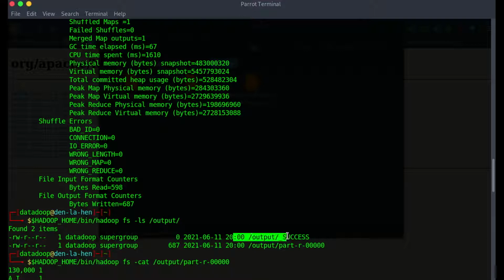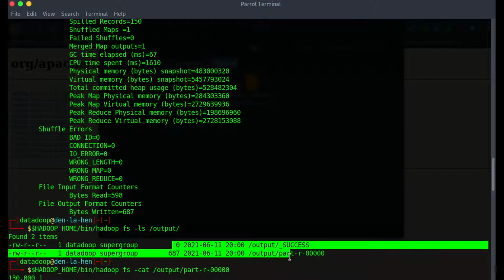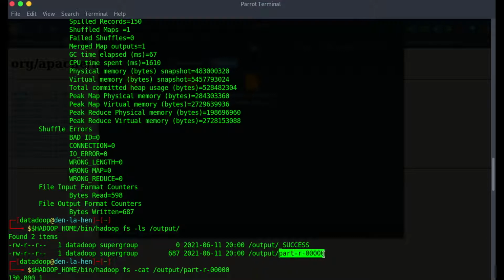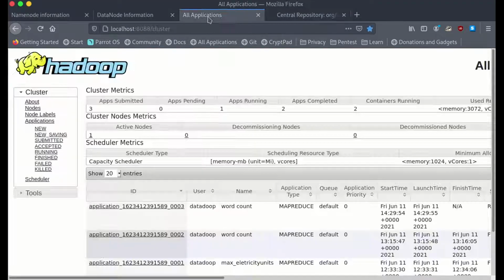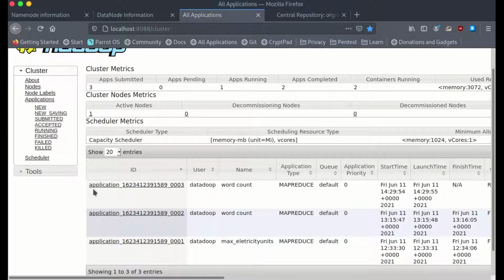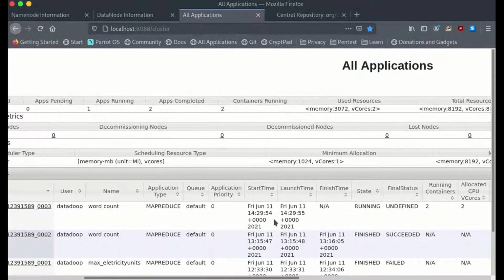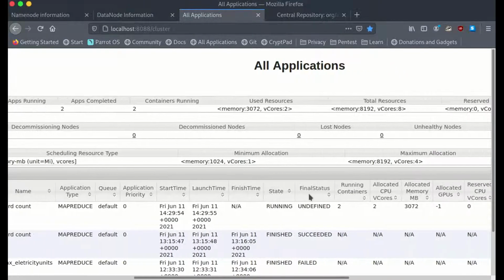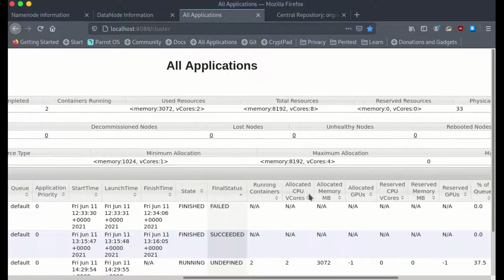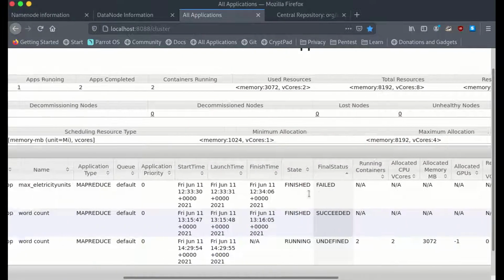One says the state of the job that took place, and the other one is the file name of the output that's been created, okay. You can also verify this in your browser, okay, where here we have the entry. So this is the name that we gave, word count, okay. This is the user that executed it and the ID for it. We have all the timeline here and number of containers and so forth will be listed here, okay.